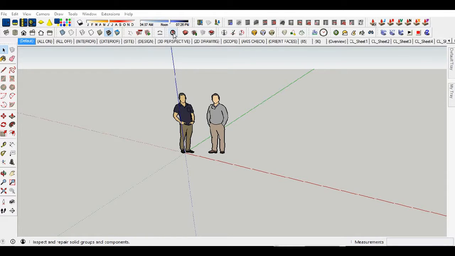But it also comes in handy if you're trying to make sure that your stuff is a solid, because that will assist in being able to use the reverse faces, or being able to use orient faces instead of reverse faces. If the program doesn't know what is out and what's inside,